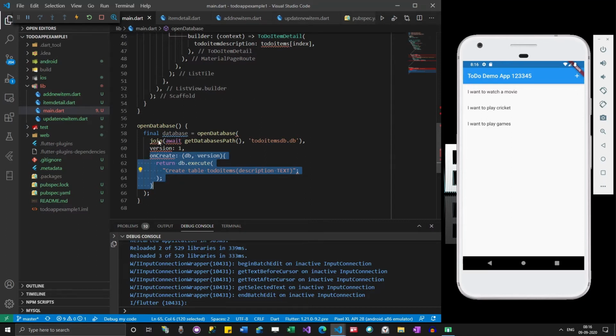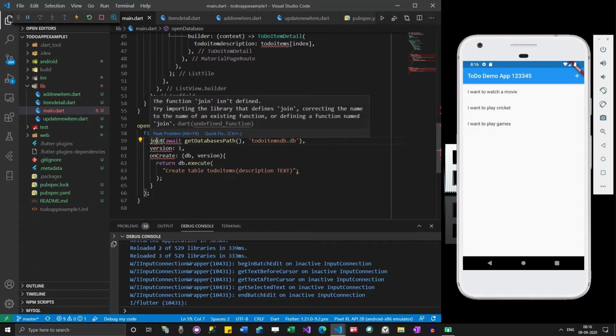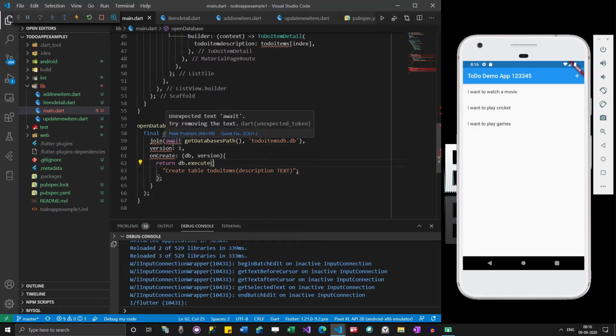Okay, so if I hover my mouse, what is the error? Okay, so this is not okay. I'm using the await keyword here, so I have to use async. Okay, it is gone, but join is not gone, right?